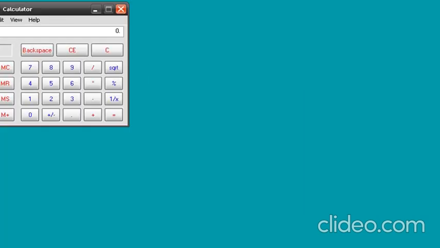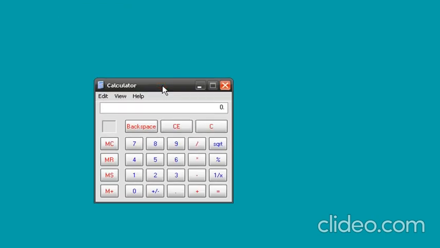Now you can see here is a calculator application in Windows. I'm going to add two values here. Just observe the example carefully. Here I'm going to add 5 plus 8 equal to 13. When I click 5, it displays the value 5 here, and after plus it is still there, but when I hit 8, then the 5 goes away and still we get the proper result.